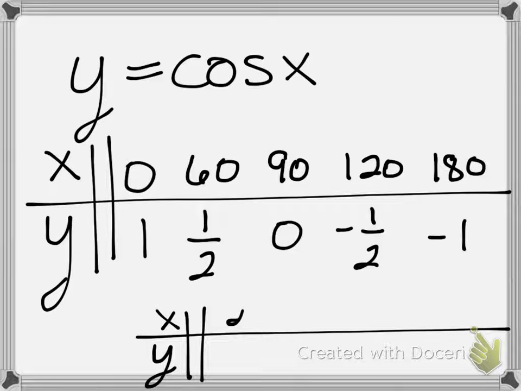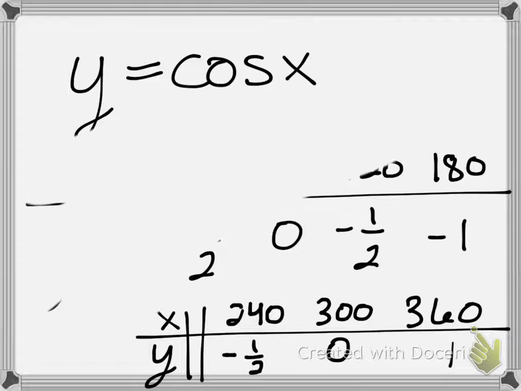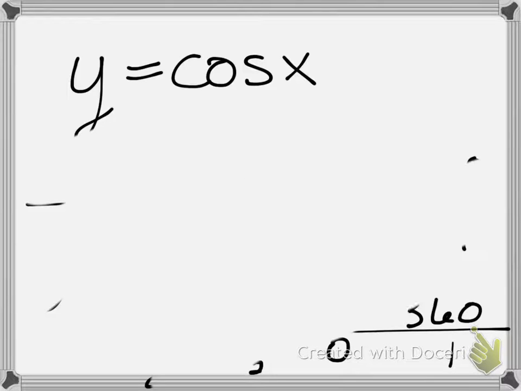Cosine of 240 is negative 1/2. Cosine of 300 is 0. And then cosine of 360 is 1. Now, if we were to graph all of these points, here's